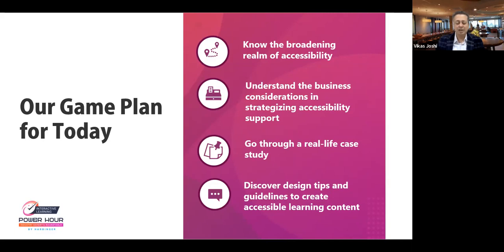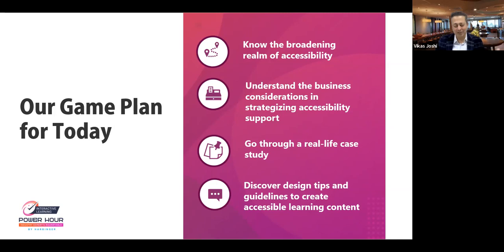These two discussions will include several real-life examples, and specifically, we will share in detail with you the story of a college in the Pacific Northwest, how they strategized and implemented accessible design with Harbinger's help. So does that sound like a plan? And let's get right after it.